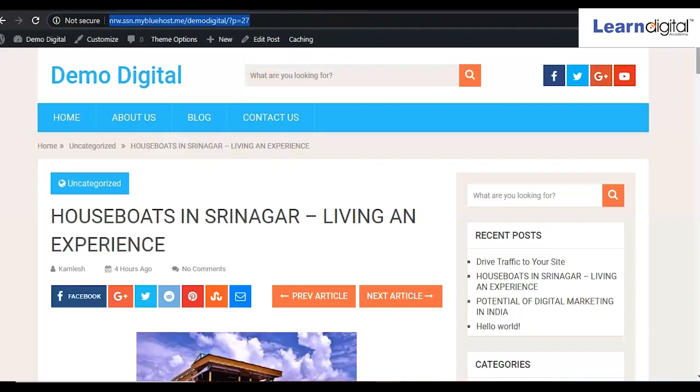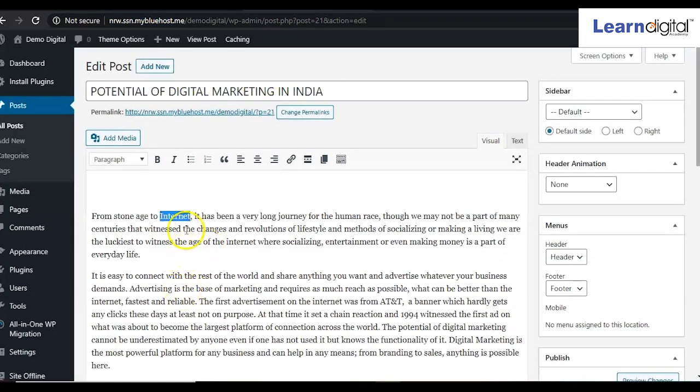Now I'll come to the backend part. Here I want to make this word a link. So this is the link option, right? Click on this link option, paste that URL and click on apply. So I have created a link, right?